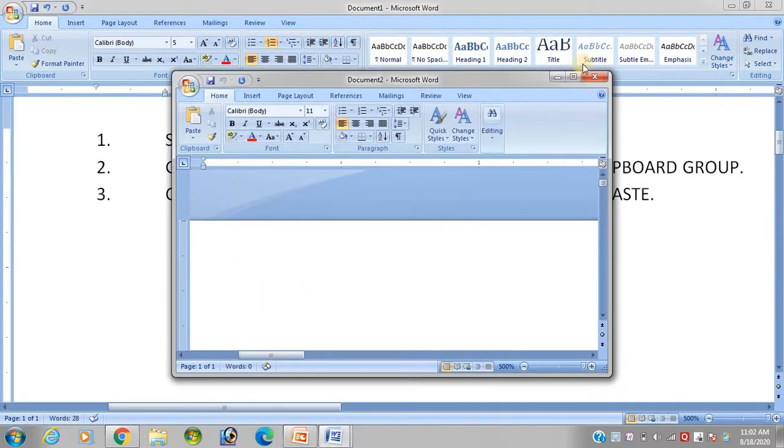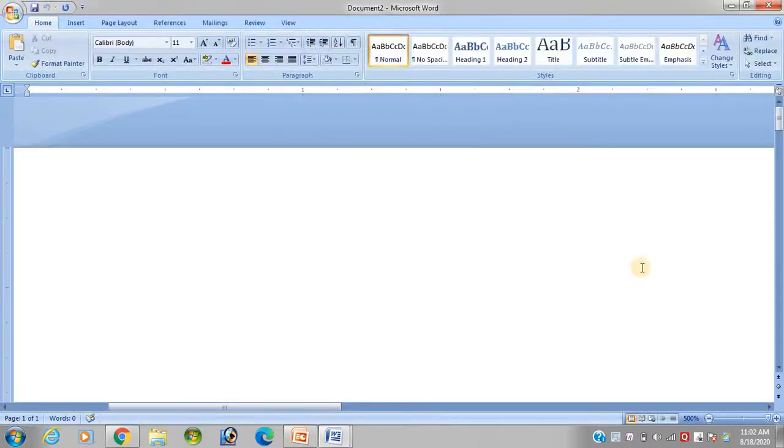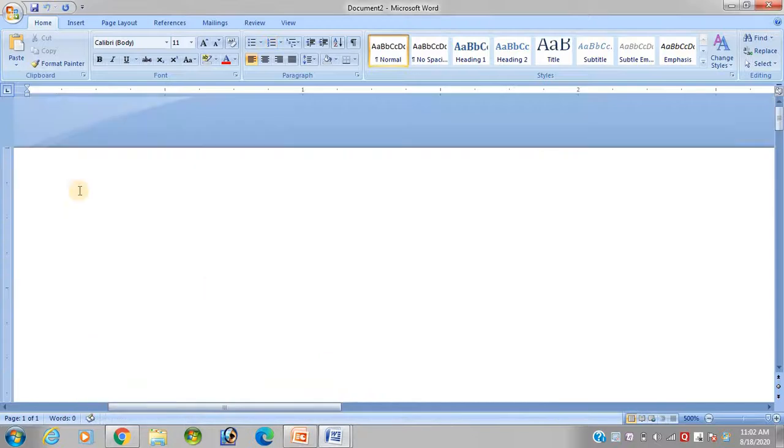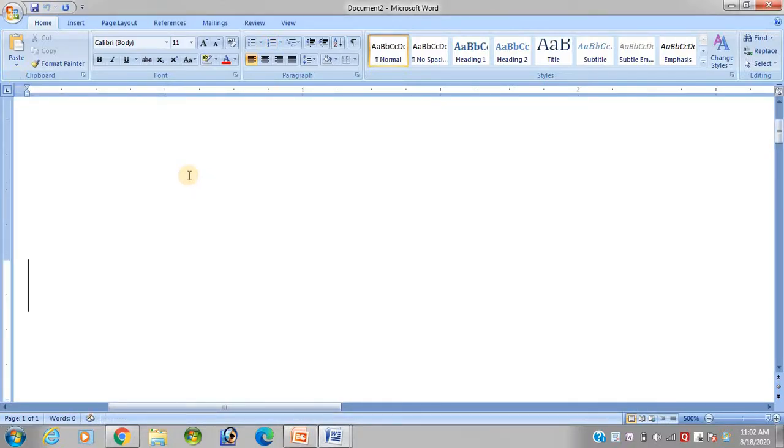So this is my another Word document. From there I have already removed the text and here I want to paste. So this is the location where we want to paste.